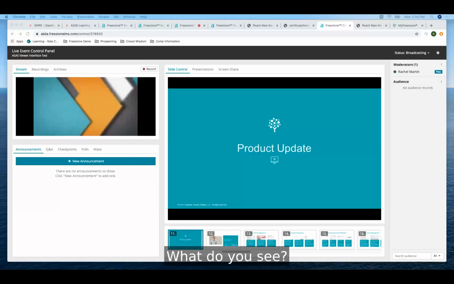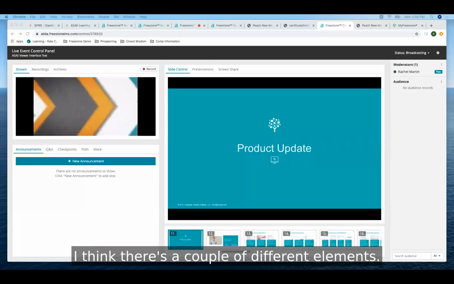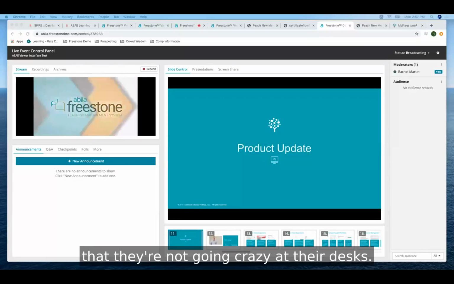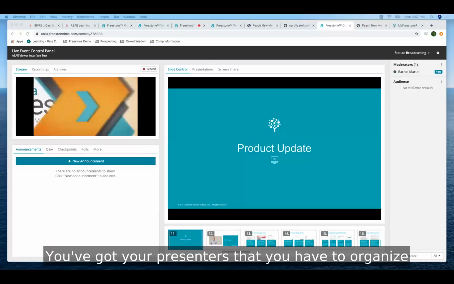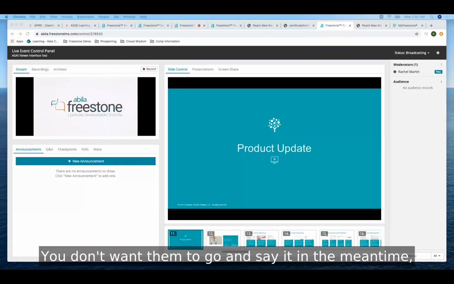What do you see? I've seen a lot of people shortening it. I think there's a couple of different elements. You've got your learners, who you want to make sure are not going crazy at their desks. You've got your presenters that you have to organize, and also your staff. You don't want them to go insane in the meantime trying to herd all these cats. So I think